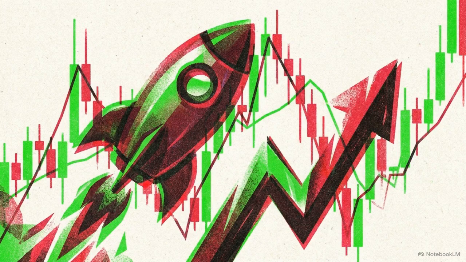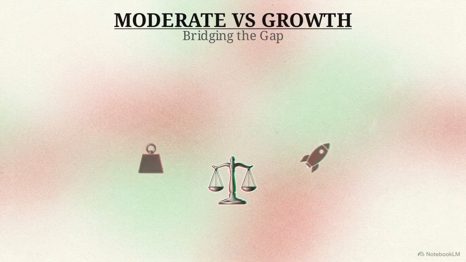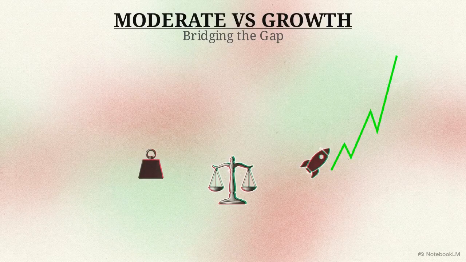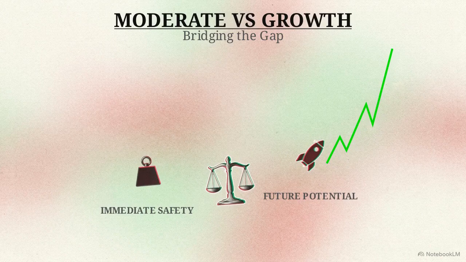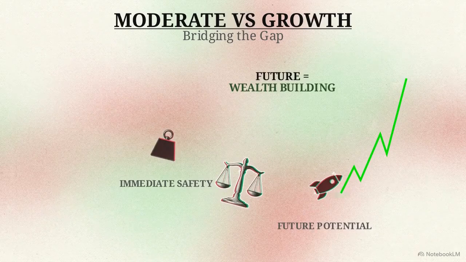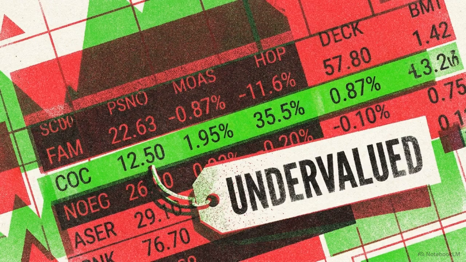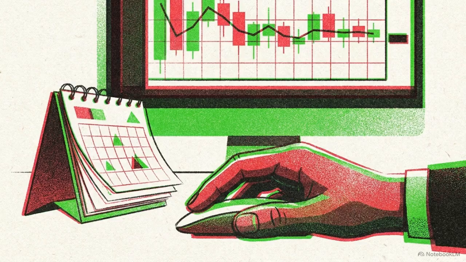They dive into highly volatile assets, willingly risking total financial wipeout just for the chance at massive, explosive upside. This graphic shows how moderate and growth investors attempt to bridge the gap. Moderate investors try to balance immediate safety with future potential, while growth investors target companies they believe will rapidly expand in the coming years. Then there is the value investor. They scour the market for highly underpriced assets, buy them cheap, and rely on extreme patience, waiting years for the market to correct the discount.